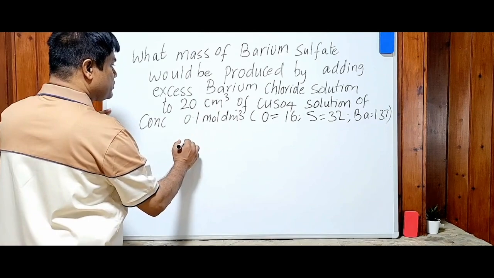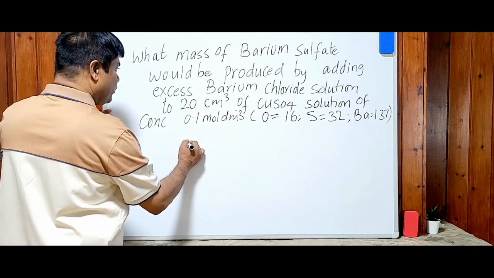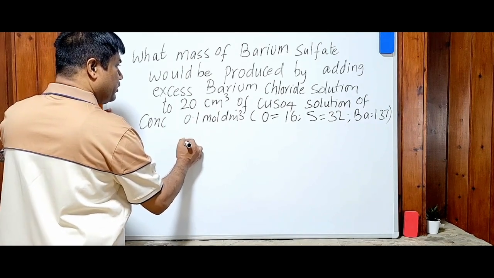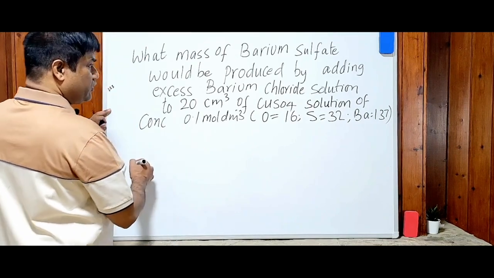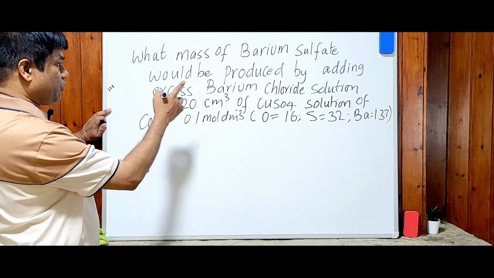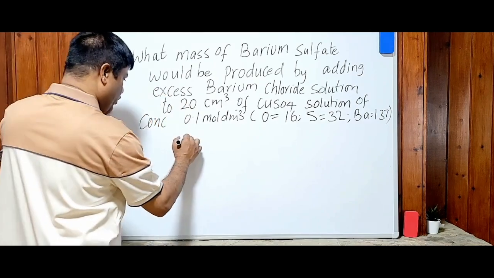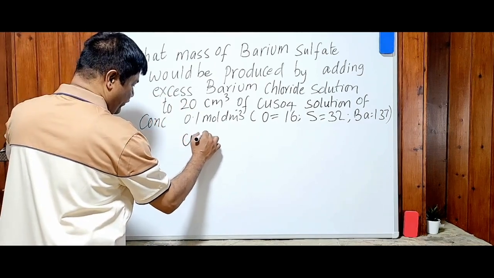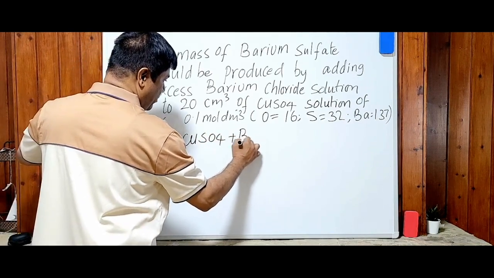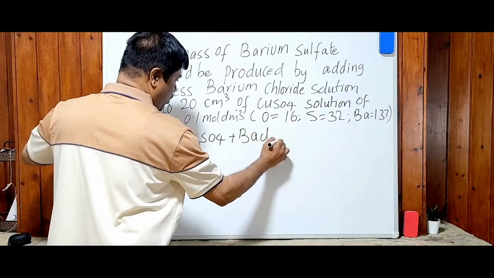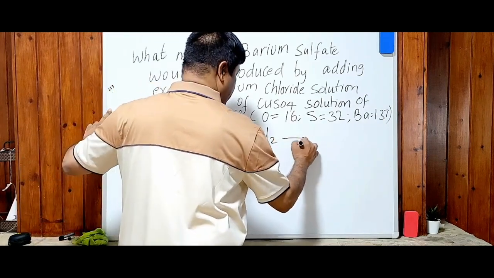So what mass of barium sulfate is formed when excess of barium chloride reacts with copper sulfate? So copper sulfate reacts with barium chloride to form barium sulfate,